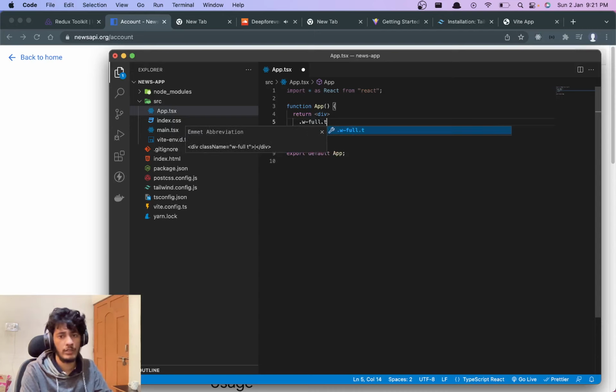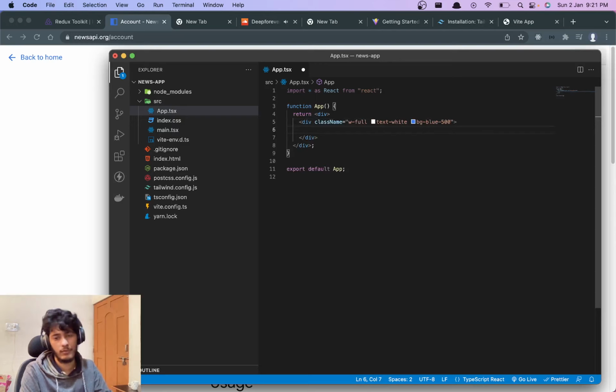Let's give it text color white, and let's give some background color, maybe blue 500. Let's call it our news app.